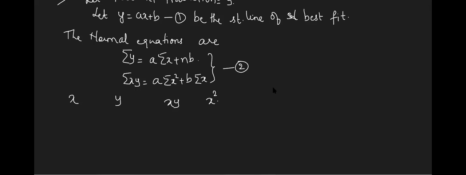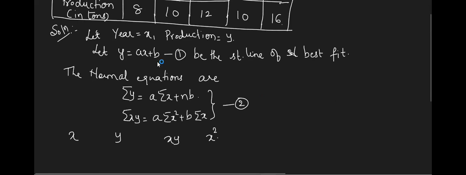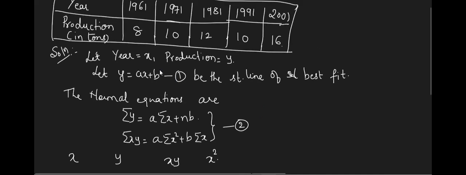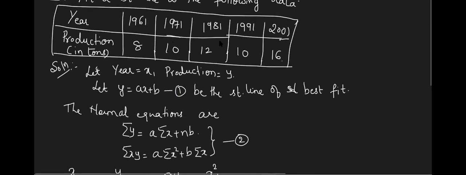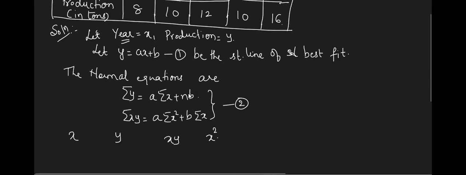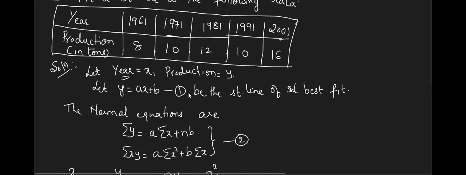Now here, one more thing. See, this year is X. Now if you see, year is given as a 4-digit number, 1961, 71, 81, like that, isn't it? Now you can do one simplification over here. I forgot about it. See, it is a bigger number, because I have to square it. There is no problem, you can take it straightforward because most of the work is done by the calculator only. But if you want, you can reduce this bigger number into a smaller quantity.